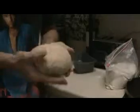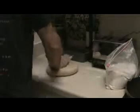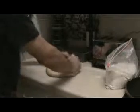Now what we're trying to do is pull everything together underneath so that we end up with a nice tight ball. Now if you don't have a bread pan, I'm going to be using a bread pan, but if you don't have one, you can basically just take it and roll it nice and tight in a tight loaf like this. But if you have a bread pan like we have, what you're going to want to do is kind of flatten it out. And you're going to want to really start rolling it up